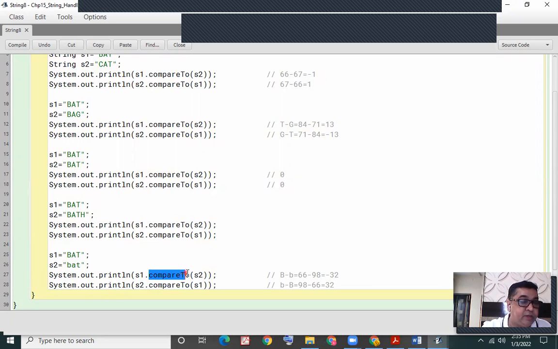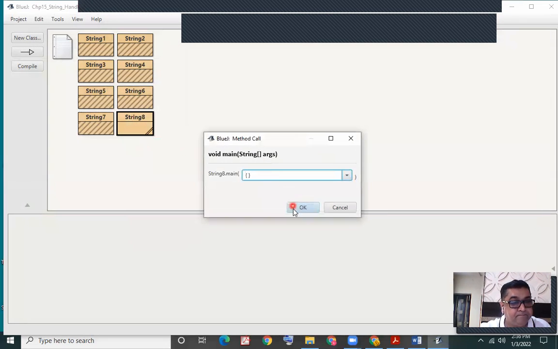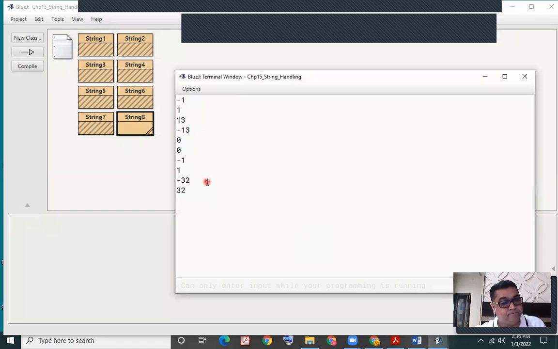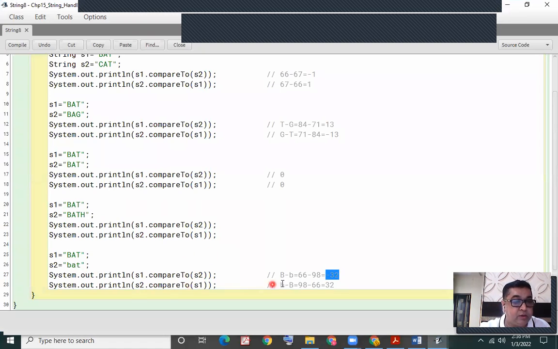Yes, compareTo, I repeat, is differentiating between uppercase and lowercase letters. And it will give us this difference, minus 32 and 32. When I compared S2 with S1, I got the result as a positive value 32. That was the difference. This 32 that I obtained is the difference between the ASCII codes of the capital and small letters.